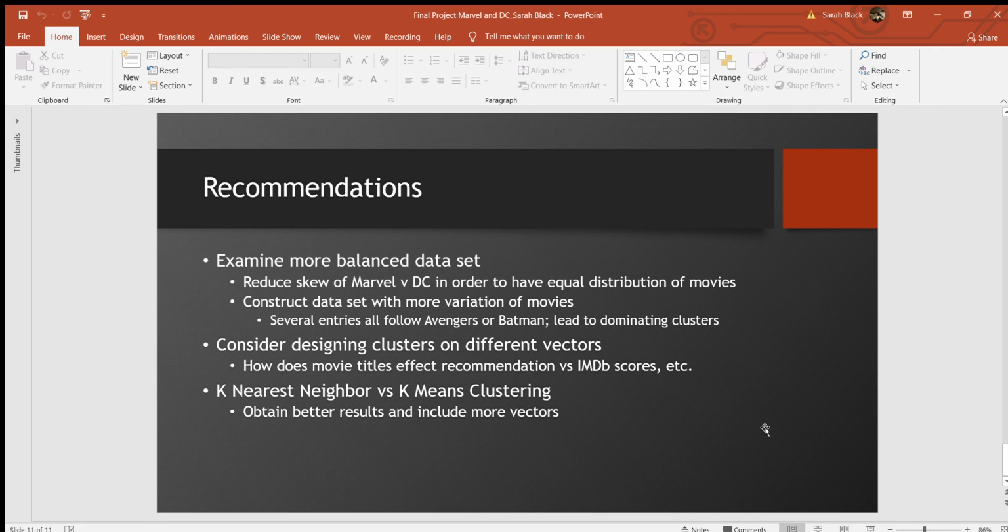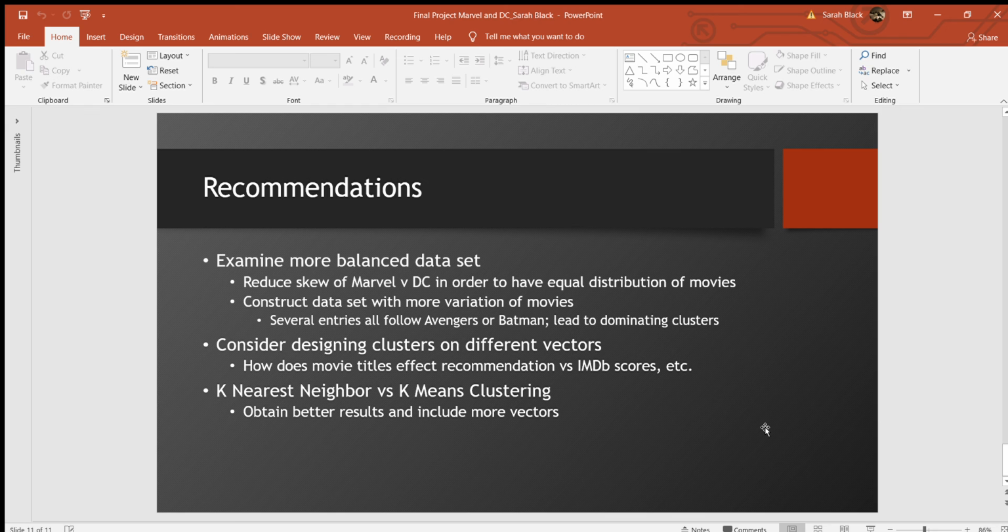Unfortunately, there were some issues getting my recommender built and developed, so I was not able to get a nice wrapper that would, if you entered a movie, give you the top 5 movies that are similar in that cluster. That would be my first formal recommendation: moving forward to get that implemented so you can actually see the movies that are the most similar to the movie you entered.